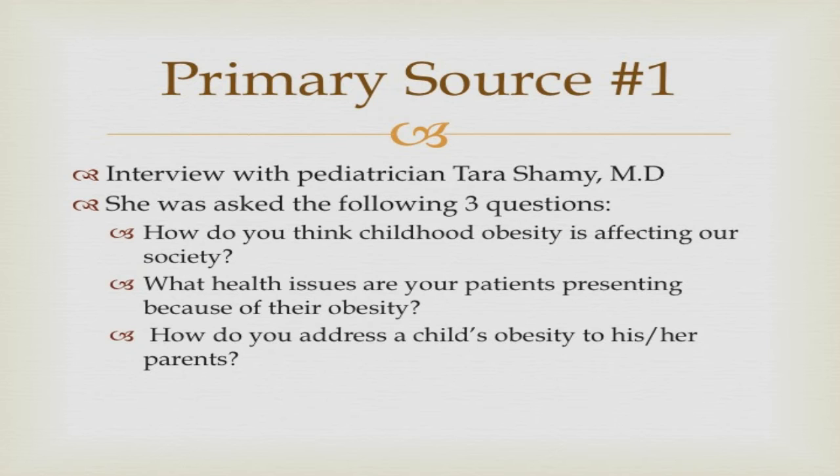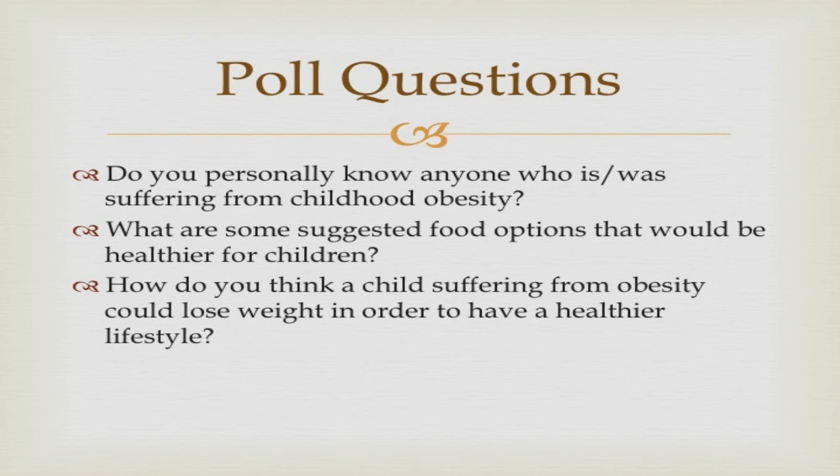Our pediatrician responded that when she has to talk to parents about their child being overweight or obese, she makes sure that they can see it on paper, that this is a real problem. The child's height and weight are recorded and plotted on a chart with other children their age and where they should be according to the data. Typically, if a child is overweight, it will be easy to see in the chart that they are given. Dr. Shammy offers advice to the parents on what they can do to help their child and may even suggest that they see a specialist in that area. The full interview can be listened to on our childhood obesity website.